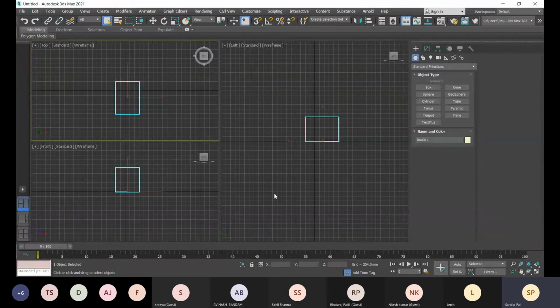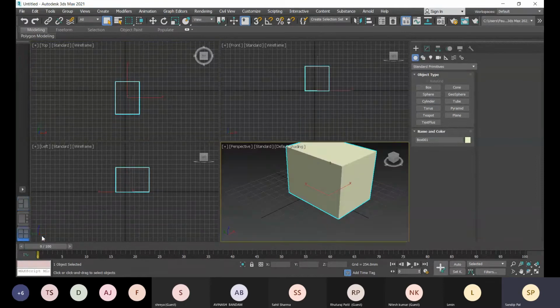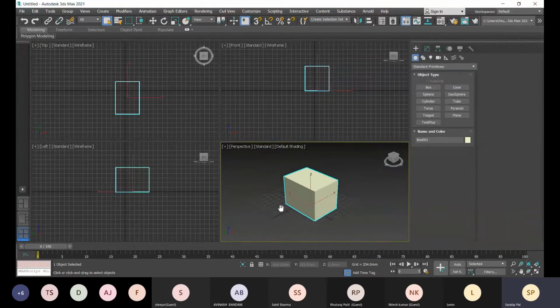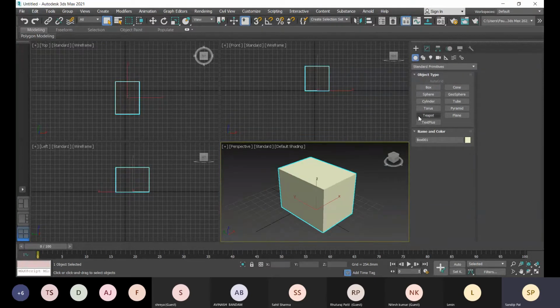After this, you will start working, and let me show you. The quad viewport is right now set, and this is top, front, left, and perspective. Here we got this command panel. In this command panel, we got 6 tabs. The first tab is Create.